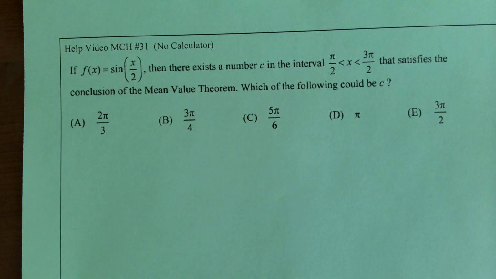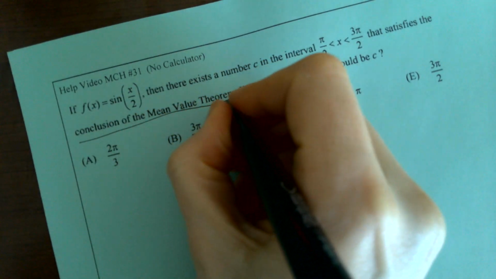So for this one, if f of x equals sine of x over 2, then there exists a number c in that interval that satisfies the conclusion of the mean value theorem. Which of the following could be c? Okay, so you need to know the conclusion of the mean value theorem, which says